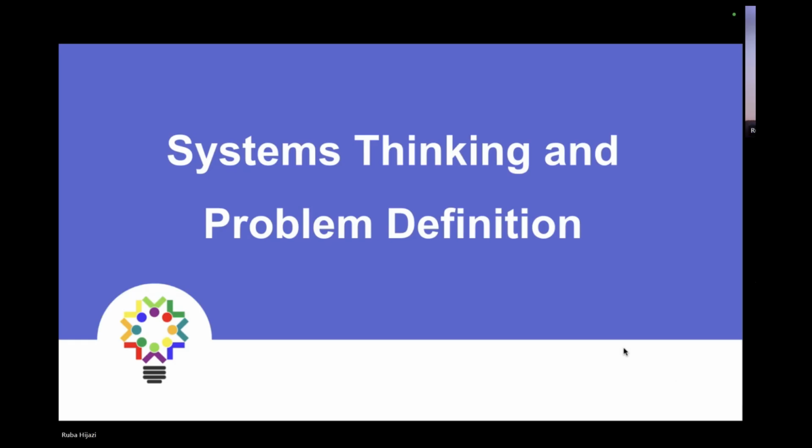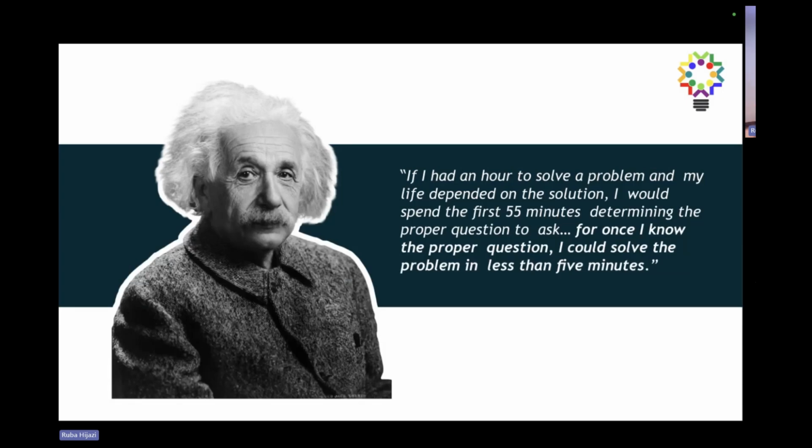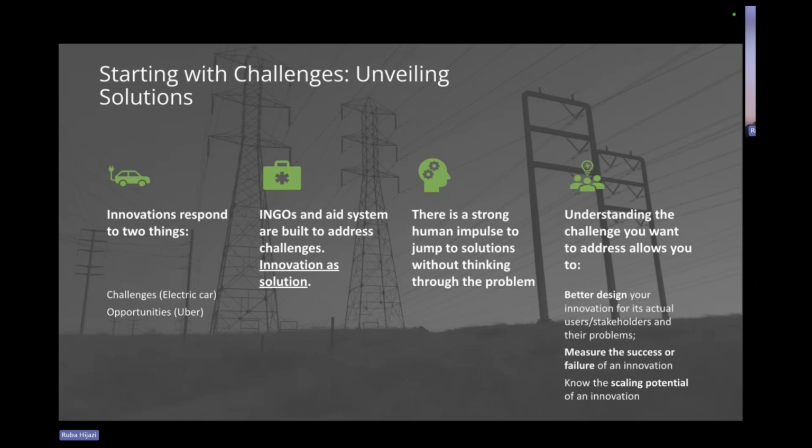Also, one of the important things when we tackle innovation is having a system thinking mindset. Not to think only about the exact problem without taking it as part of the system. Now we can see this saying that Albert Einstein said that if he has 1 hour to solve a problem, he will spend 55 minutes to think about the problem, the proper questions to ask, and after that the solution will be much easier to have.